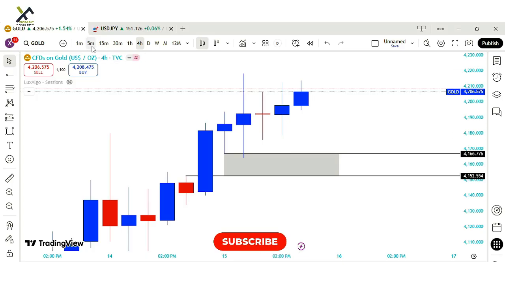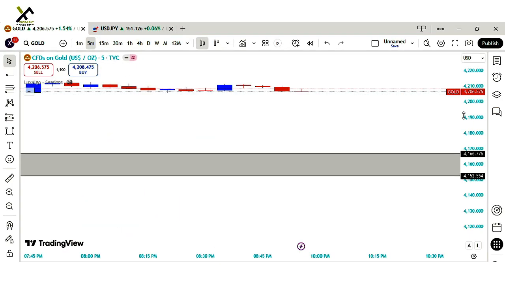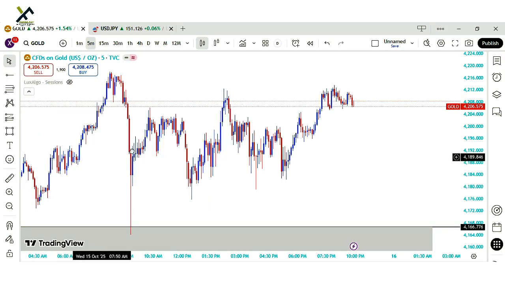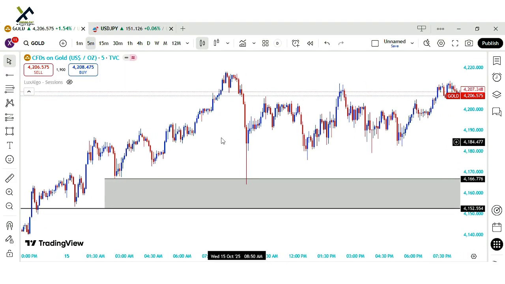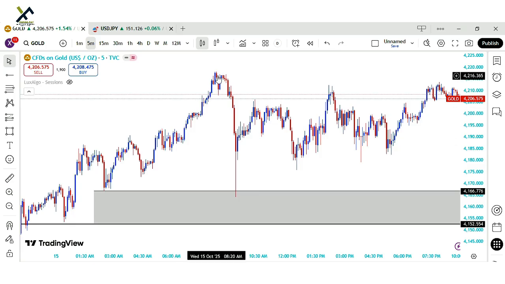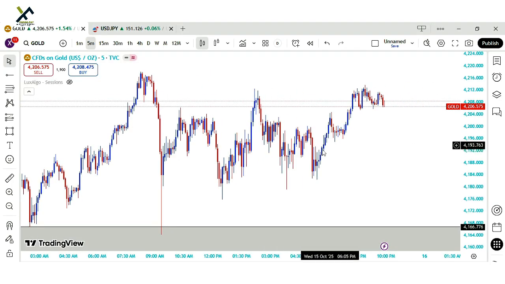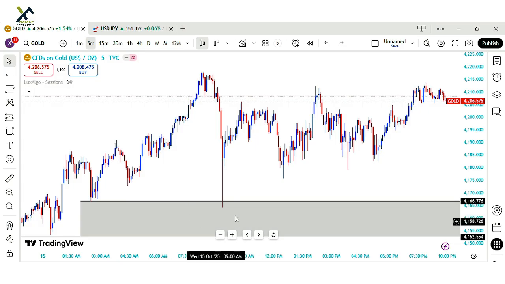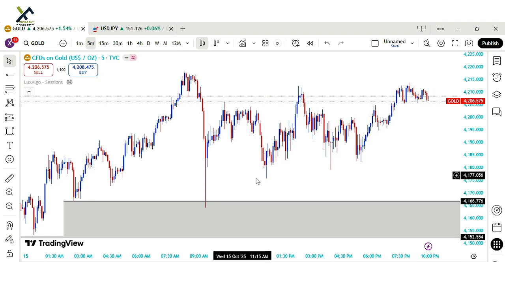Now for me, I like using the 5 minutes chart. You go down to the 5 minutes chart and look out for the marked area. Okay, this is my marked area. Look at it here. You notice what? The market came down all the way here and tapped into the fair value gap before moving away. Okay, you see, so within this area of the fair value gap is where you start looking for your